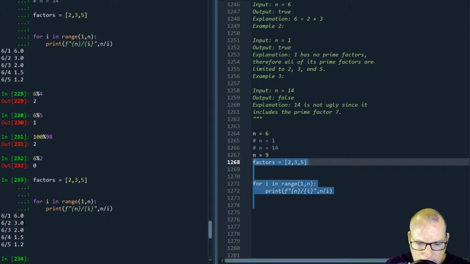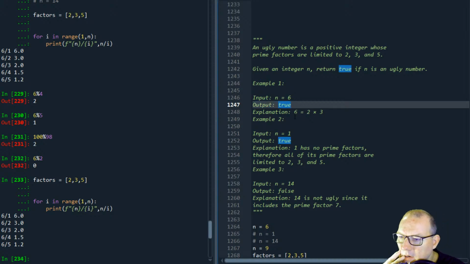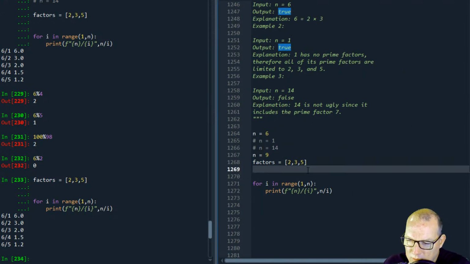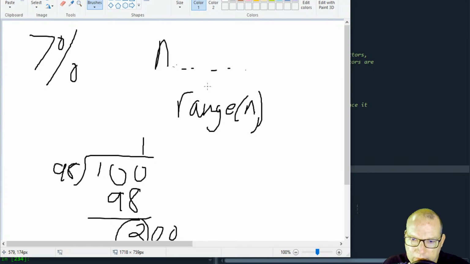Okay, so we got 2. All right, so 9 is... It doesn't have to contain all of them, 2, 3, or 5, because 6 is an ugly number because it just has 2 of them. So 4 would be an ugly number, and 10. So, all right, let's start throwing some of this stuff against the wall. So basically, where my brain goes, let's try to verbalize this so I can keep doing better with my vocalization of